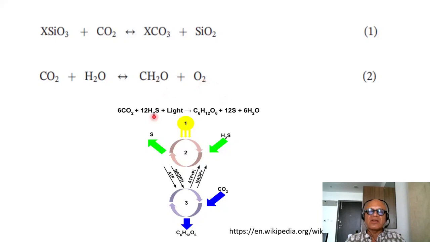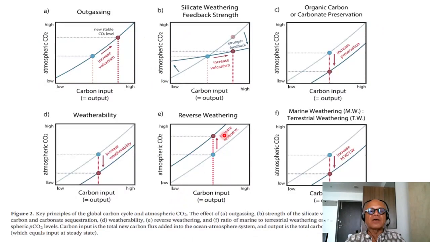Just to remind ourselves, non-oxygenic photosynthesis is possible as well, and those reactions go something like this, where photosynthesis means energy from the light is needed, so 6 CO2 plus 12 H2S. So hydrogen sulfide is used to produce the full carbohydrate molecules, releasing sulfur and water molecules instead of oxygen. So this is how that would work with different enzymes and pathways. Okay, so oxygenic and non-oxygenic photosynthesis do play a role in the weathering.